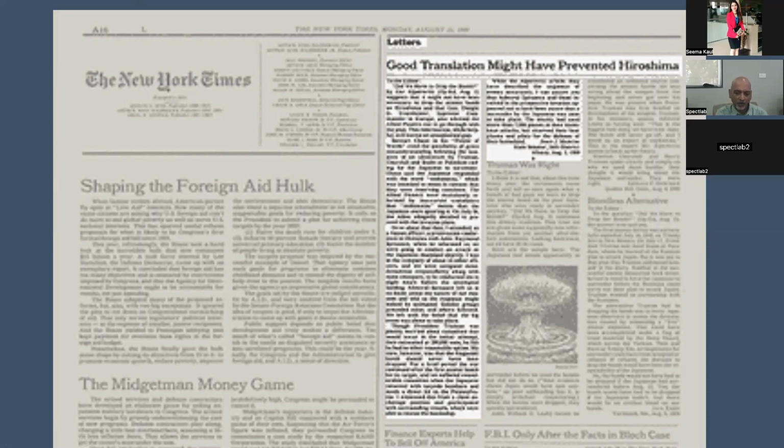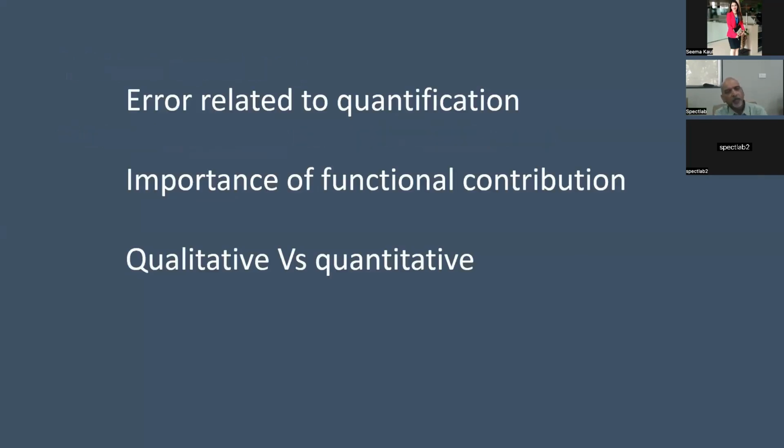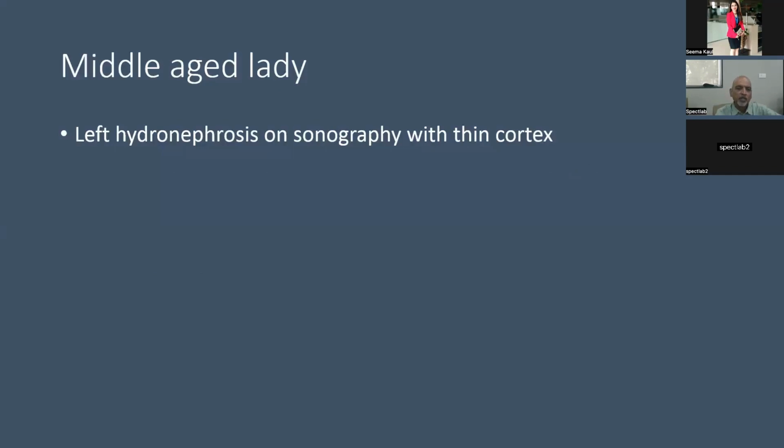So that's what I always keep in mind, without having adequate clinical background of what we are dealing with. All radionuclide studies are prone to plenty of errors, and the limitations have to be understood on both sides of the table. For instance, here is a patient who had been having ultrasound twice, hydronephrosis, was sent for